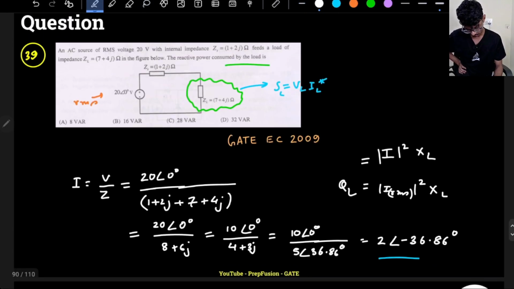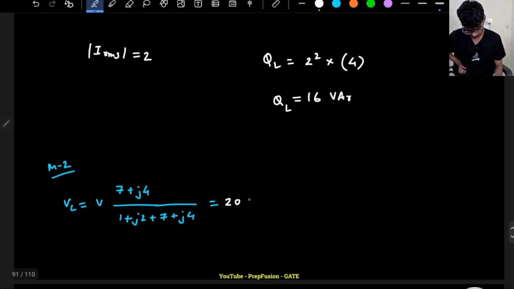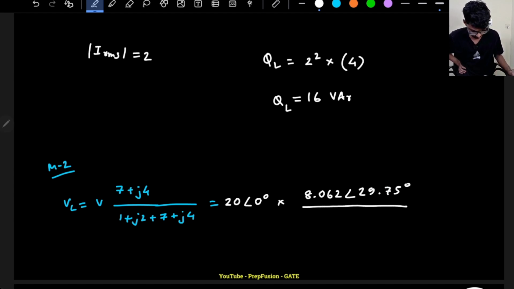So this is 20 angle 0 into basically square root of 7 whole square plus 4 whole square, 8.062 angle tan inverse of 4 divided by 7, 29.75 degrees. Okay, divided by,